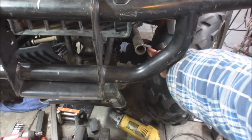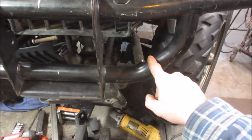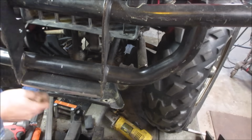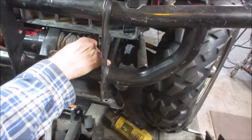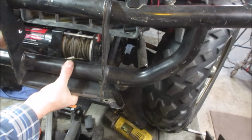Here's the edge of the tire right there. We can kick it out a little, maybe we'll split the difference. Maybe right there. All right, big girl, get in there. So we want to get up roughly into, when it's centered,